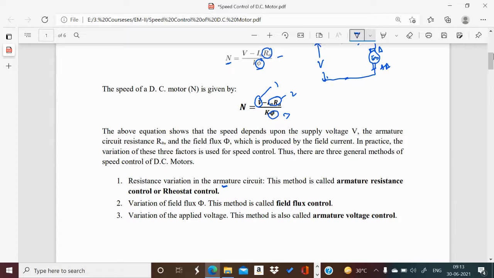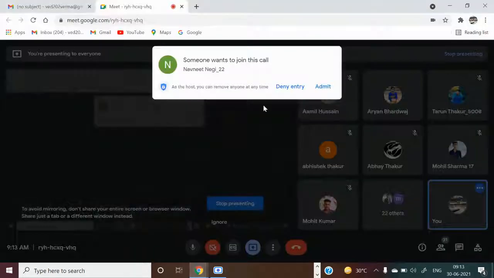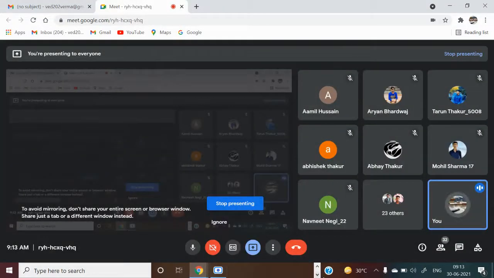Variation of field flux is called the flux control method, that is, the field flux control method. And the third one is V, the input voltage. Variation of applied voltage is called armature voltage control. Are you getting my point? Yes, sir. Are you getting my point? That means for speed we have